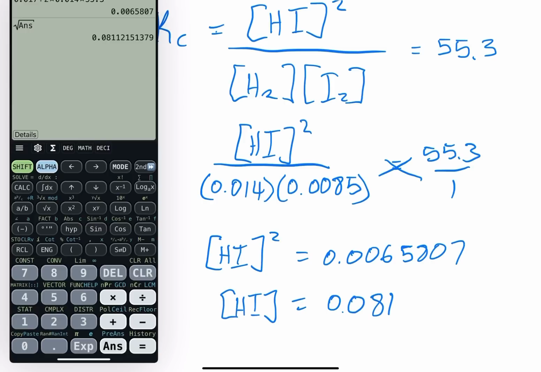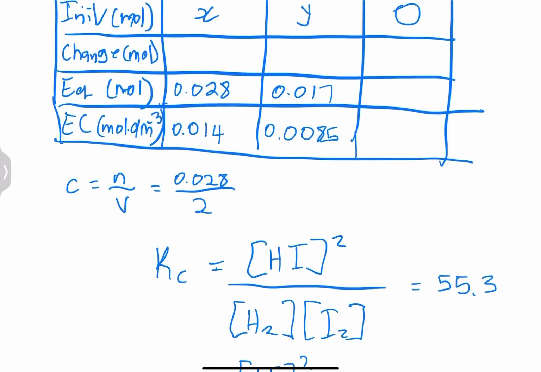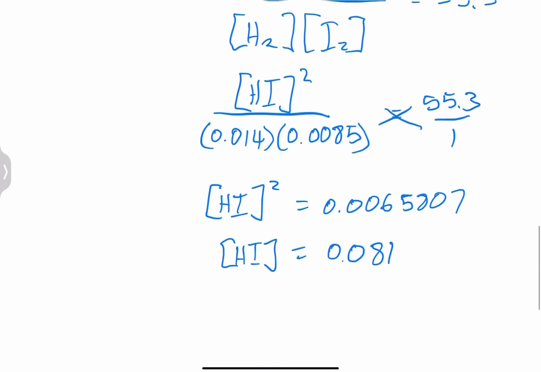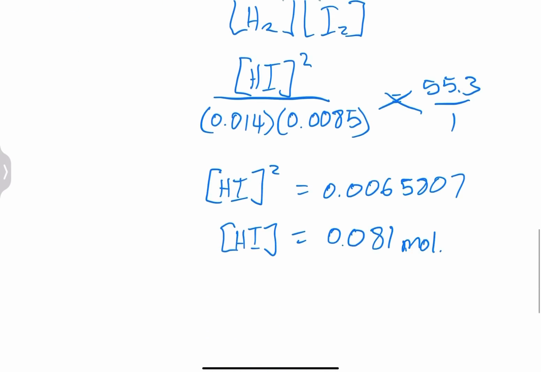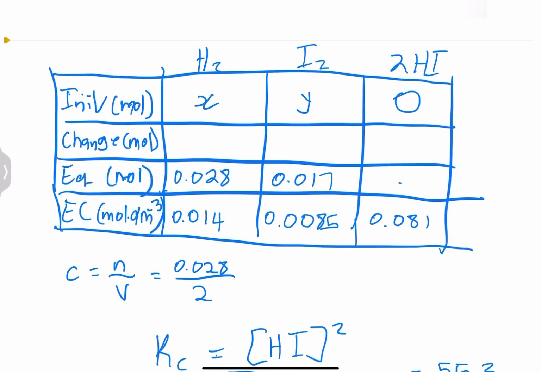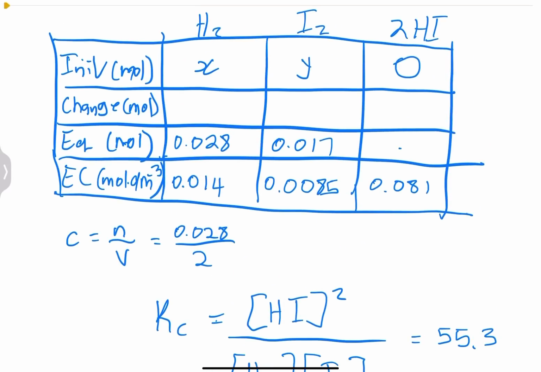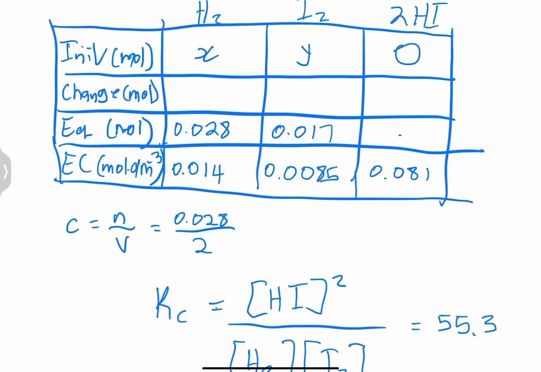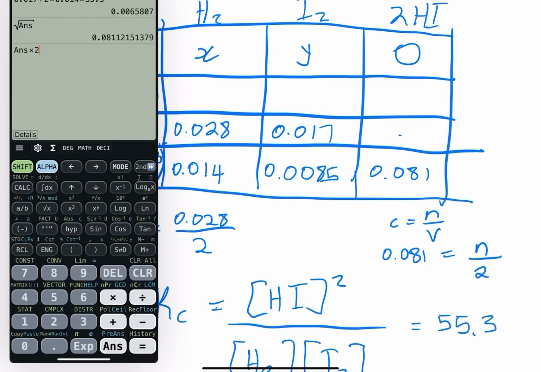If you want to, you can say 0.081 at equilibrium. That's the concentration. Mind you, this is concentration, so it should be moles per cubic decimeter. But now we can find the number of moles for that. So how do we do that? Remember, concentration is number of moles over volume. Our concentration is 0.081, our number of moles is what we want, and our volume is 2. So we just multiply that by 2 in this case, and we get